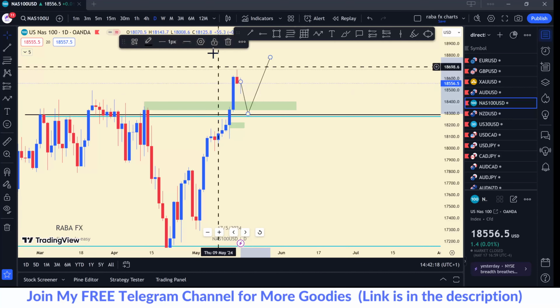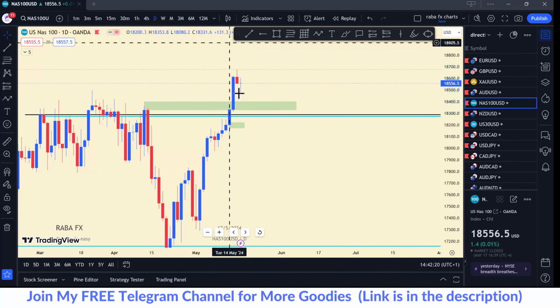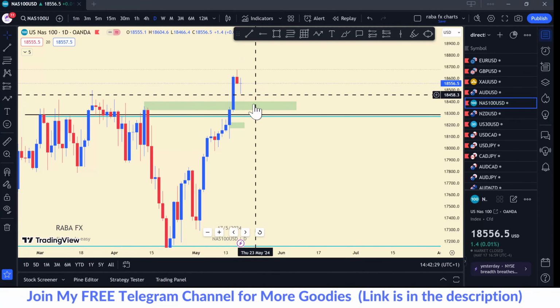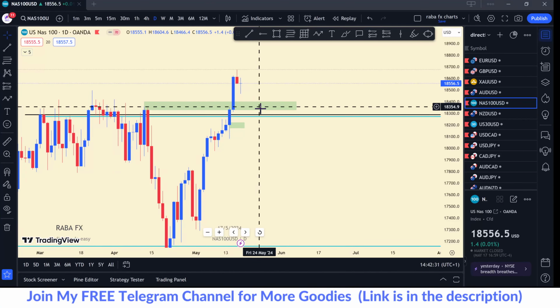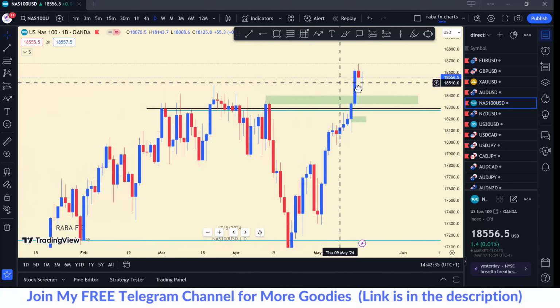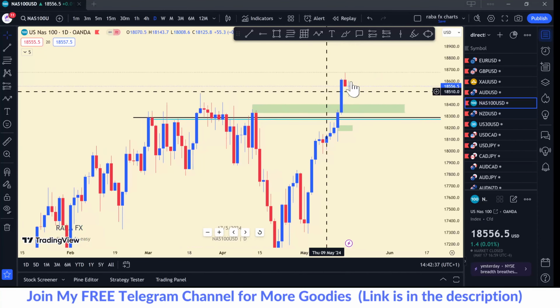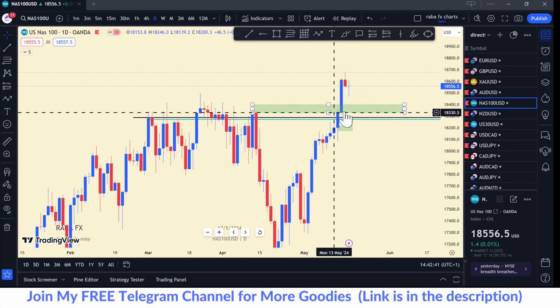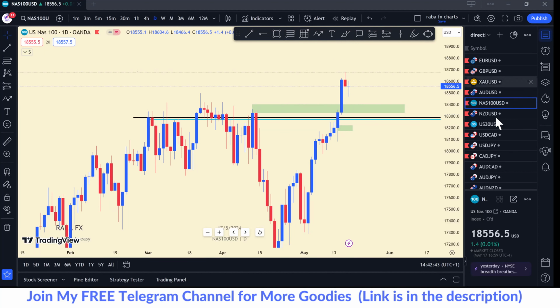I don't know if this is fresh enough for me. This is an indecision candle. Most times I don't like working with indecision candle, so I'll need more candles to be printed. During the week, I'll come up live and then we can look at better ways to approach this particular market. So for me, let's wait for a pullback, and then if it comes into this area, our opening price here, we can start looking for buy trades.